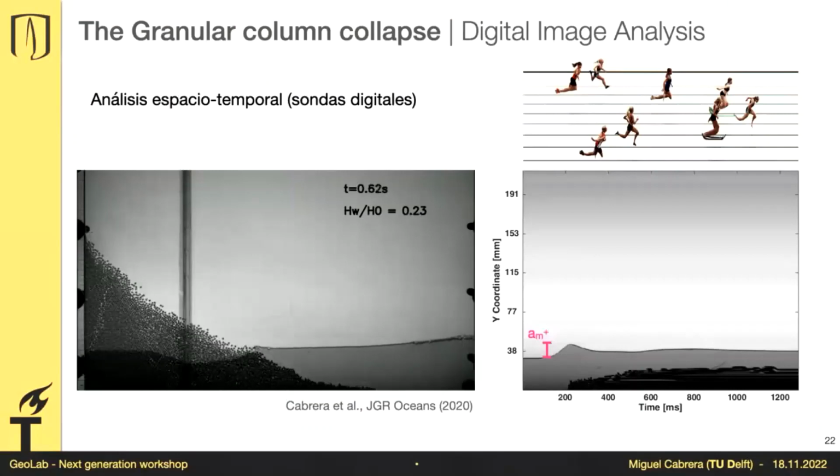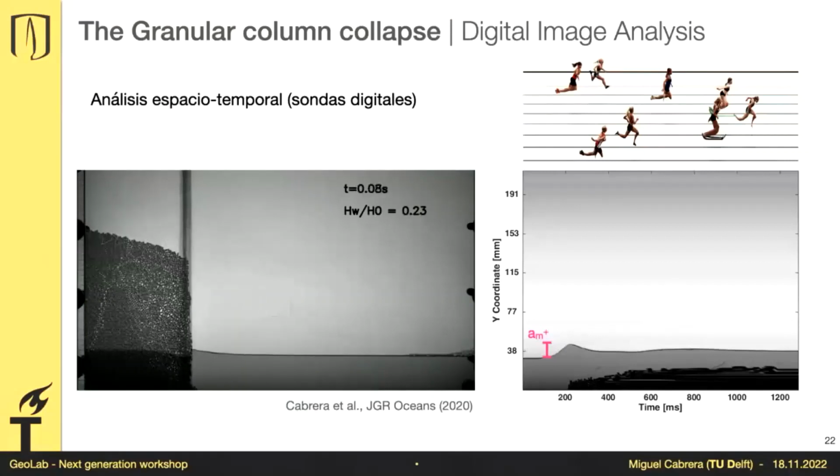Here comes the beauty of this technique: if you measure a slope, that slope is delta space, delta length over delta time, which we like to call velocity. So you have a direct measurement of velocity with a strong precision, and it has nothing to do with a cross-correlation algorithm. It's what your eyes see. So that's why I really like it. Also, it allows you to have direct measurements, again, with a very nice precision of the wave amplitude. And if you perform this space-time analysis along the image, you will certainly find out where the peak amplitude of the wave is, what is the velocity at which it's moving sideways, and all the characteristics of that.